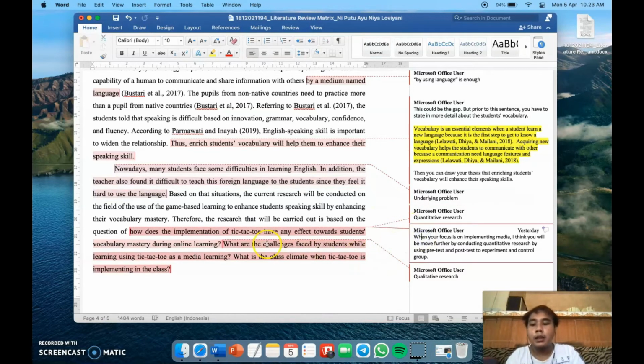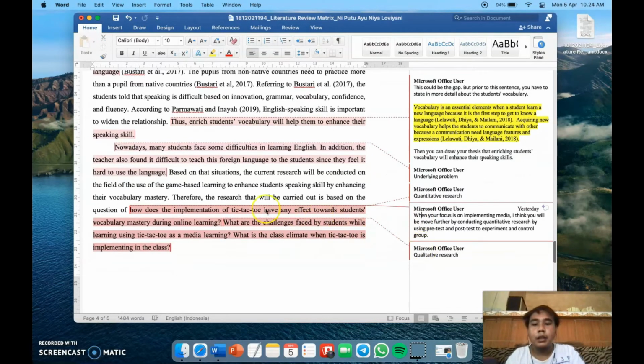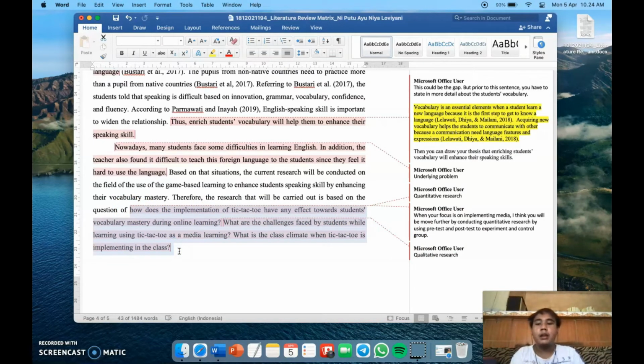And then here, I found that you already stated 3 questions that underlie your research later on, but I also found that the 3 questions have different areas in your research focus. So for the first question,